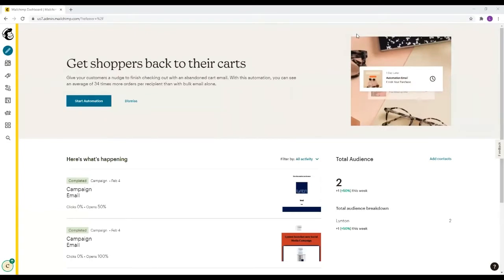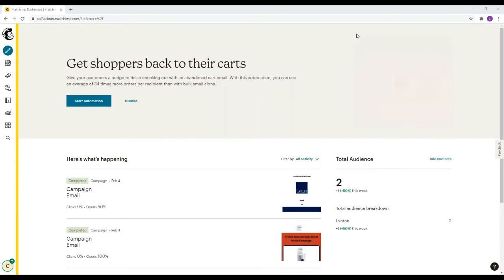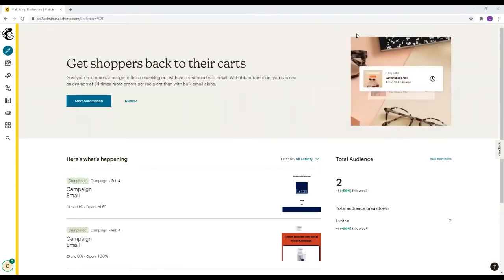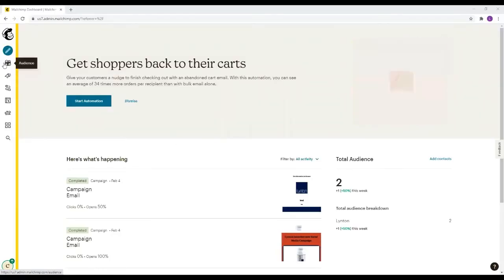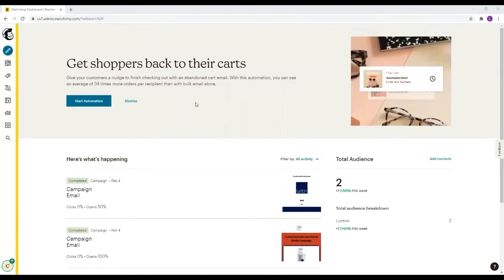So when you sign up for MailChimp, you have to fill out all of your contact details and all your business details as well, because MailChimp can directly work with your business pages to create content and send out emails as well. I've already done that, so I've logged in here, and here you can see the basic dashboard. When you set up your account, MailChimp does have an option to walk you through creating your first email campaign. But I'm going to talk to you about how to find those options by using the menu on the side here, so you can always refer back to this video if needs be.